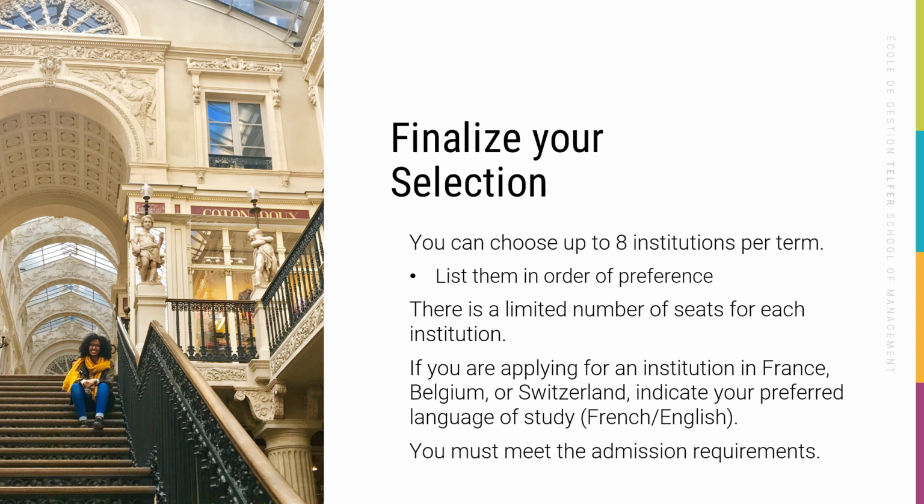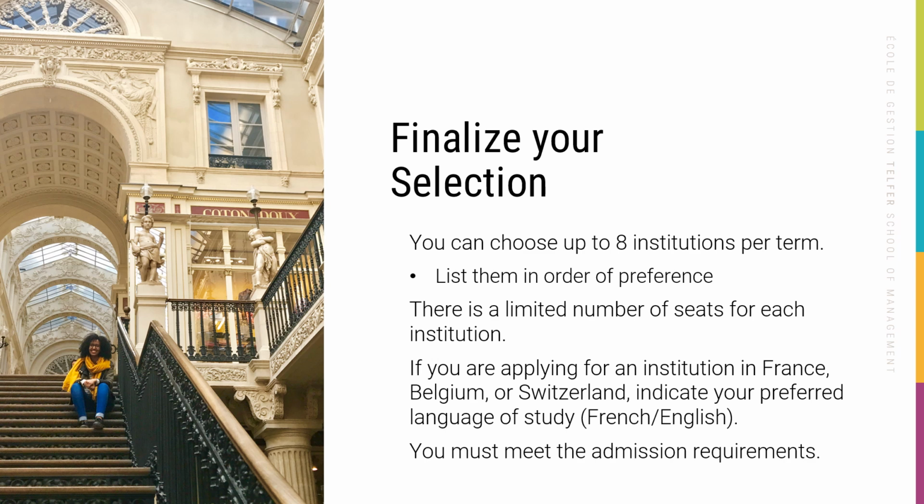You will be matched with only one institution. The matching process will always follow the order in which you list the institutions. If your first preference is full, the second preference will be evaluated. If that one is full, the third option listed will be evaluated, and so on and so forth. If you are not matched with any institutions listed on your application, you will be contacted.